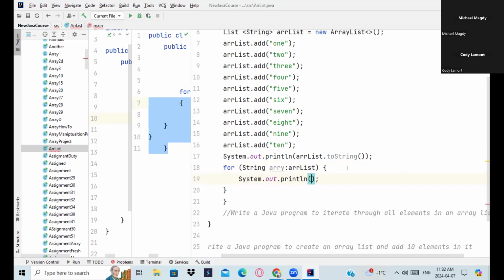Here you called it ARRY. You can give it any name, but try to make it meaningful. Okay, if we run this program,